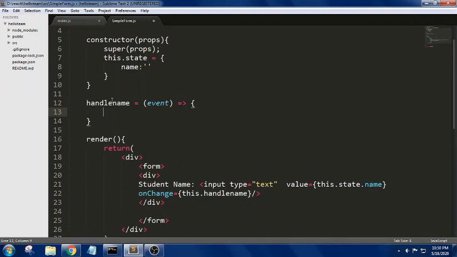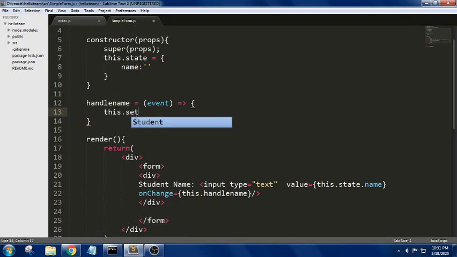We are implementing handleName here, which accepts the input from the given input text box, and we will get the name and value attributes, which will be updated based upon handleName. For example, within this function body, I am trying to use setState.